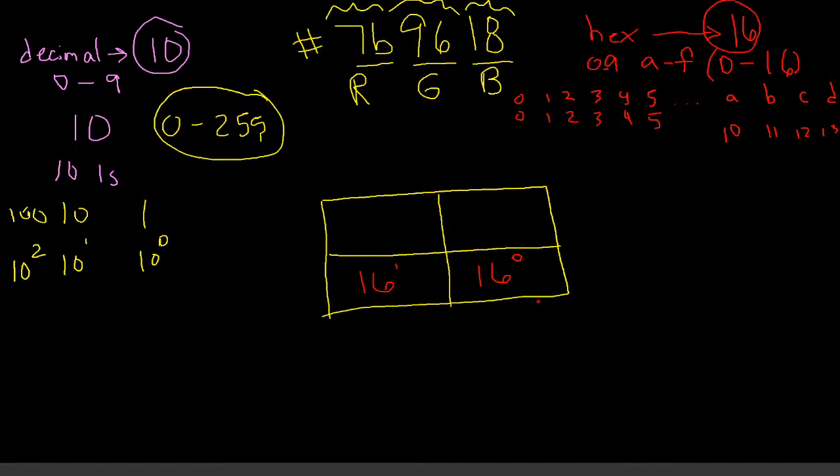If you remember back to some basic algebra, or really this is just basic mathematics, something you probably should have learned in elementary school, maybe 3rd, 4th, 5th grade, we have these basic powers. Anything raised to the power of 0 is always 1. Anything raised to the power of 1 is always itself, in this case 16. So we can just take the value represented by our digit, multiply it by its place value, add them together, and we get the corresponding